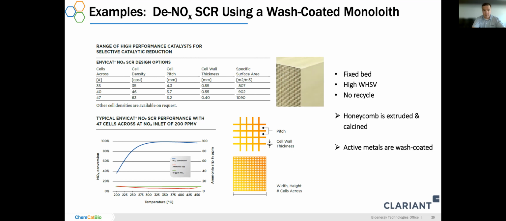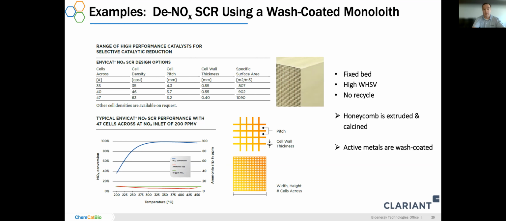We can design it differently, but there's a lot of different parameters that we can tune on these monoliths. At the end of the day, they're going to be dip coated or wash coated with active metals. So the active metal will be supported on this monolith. Why do we need this complicated structure? Well, this is a fixed bed configuration. It has a very high space velocity, so very high flows. So we need to get a lot of contact with our reactants and our active surface, and there's no recycle,